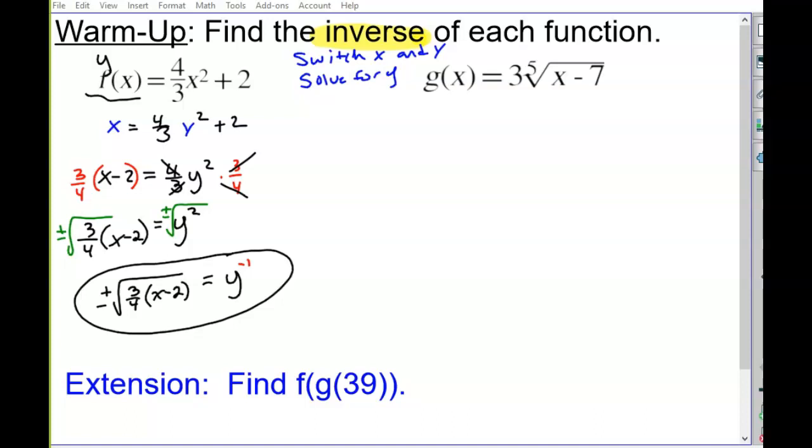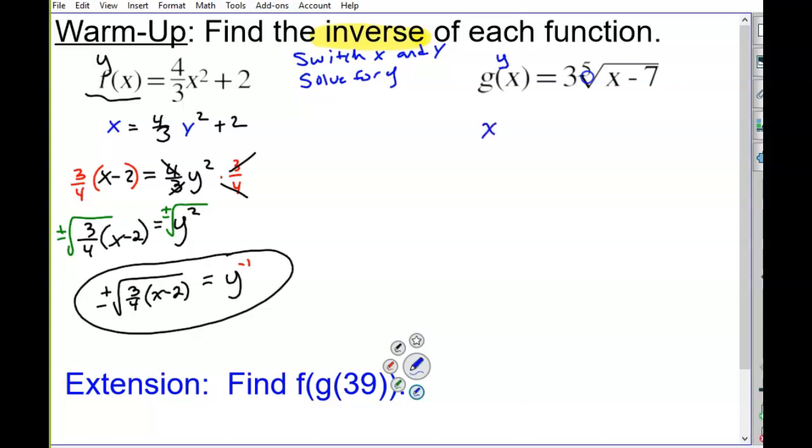Okay, so let's try that with the next one. Just a slightly different function, but it's the same process. We're going to switch the x and the y. Remember, g of x is the same as y. So when I switch that, we get 3 times the 5th root of y minus 7. And same steps, we have to divide by 3,